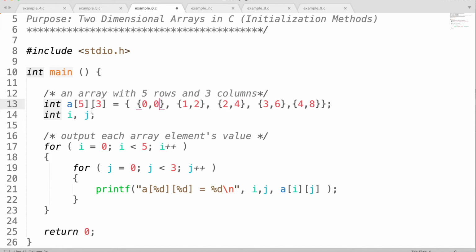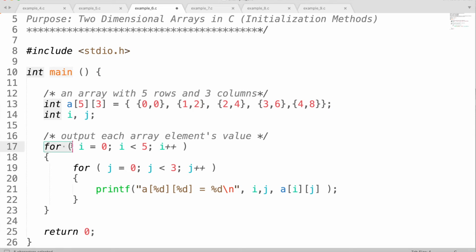So now if you consider this two-dimensional array, I have 5 rows and 3 columns. But in my first row, I have specified only 2 zeros. So C will automatically put 0 in my third column. Similarly, for the second row, I have specified only 1 and 2. So C will automatically put 0 in my third column. So that is how it will initialize this array.